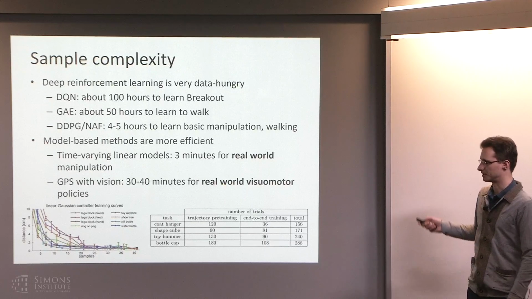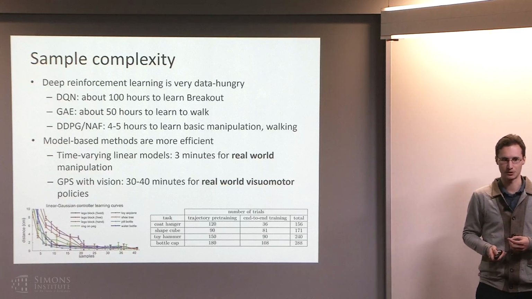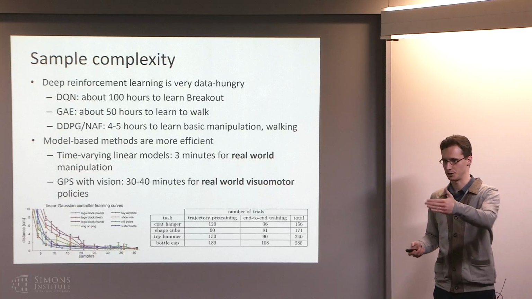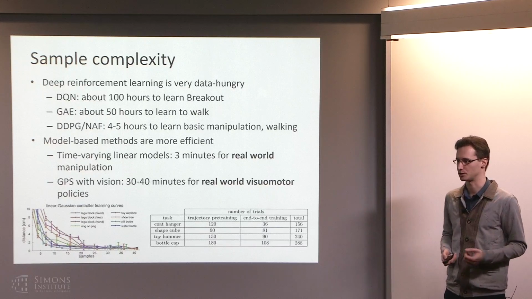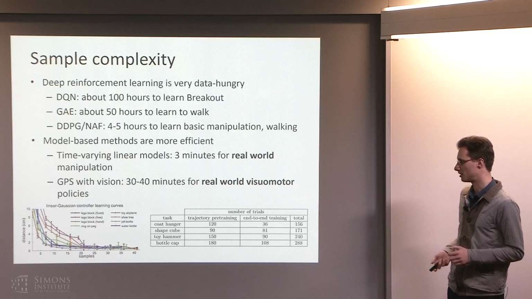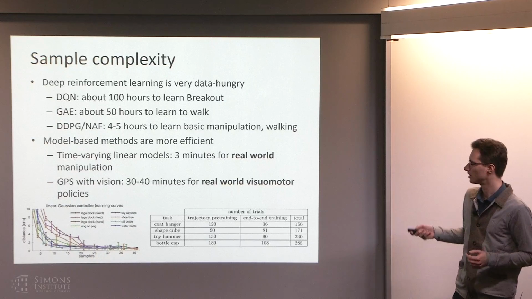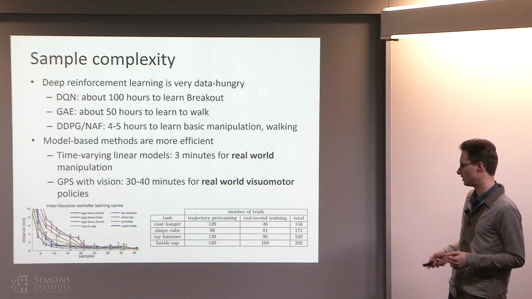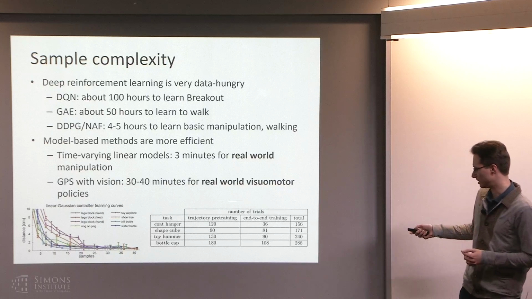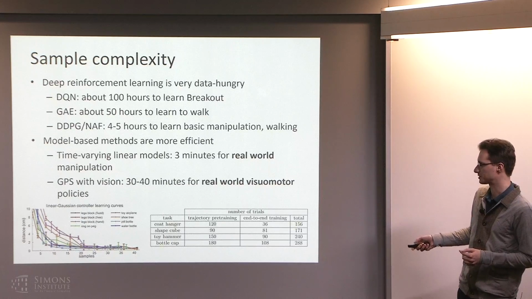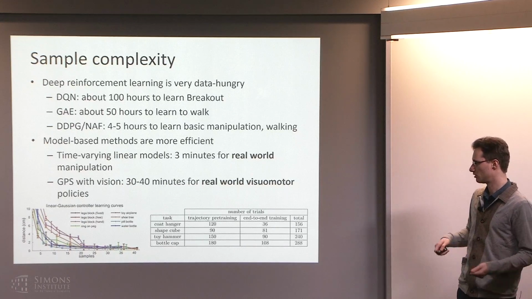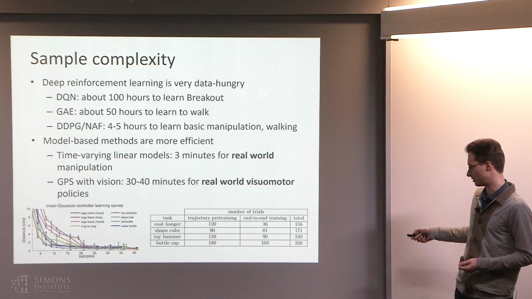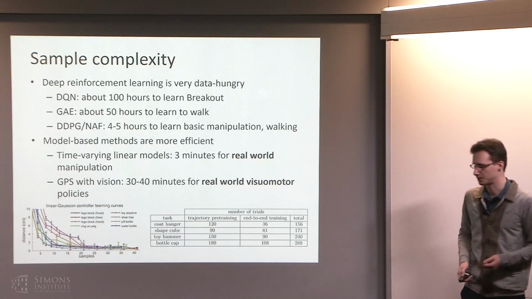With these things, the nice thing is that you're making fewer assumptions about the system. So if you fit linearizations at every time step, that's making some assumptions about continuity. If you're just using a model-free method, you don't need that assumption. So that's the trade-off. But the gap in sample complexity is quite large. And this is just showing the number of trials for a number of different tasks learned using vision with the guided policy search method. This is the total number of trials, each of which is 5 seconds in length.